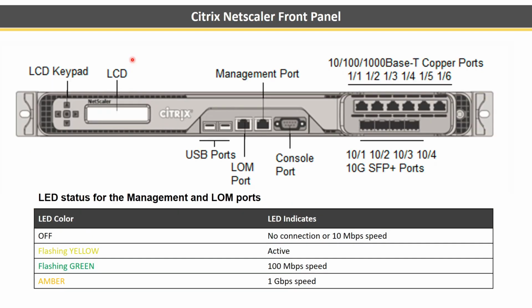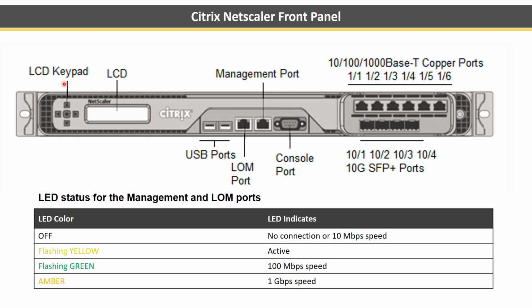Let's jump in. As we saw in the agenda, we need to first identify the NetScaler. How to identify the right NetScaler? It's very simple. If you see a NetScaler, just reach out to it and press this middle button. When you press this button, you will see the NetScaler MPX or SDX on the model here. Based on the model, you can open the data sheet and find out what this model provides, like the throughput and other things. The links for the Citrix NetScaler data sheets for all the hardware appliances and all the details are in the description below. Please refer to that.